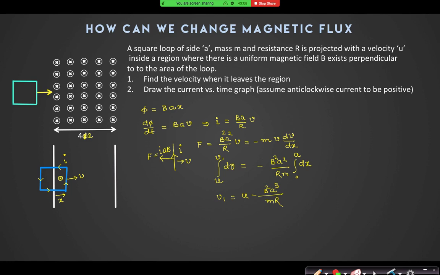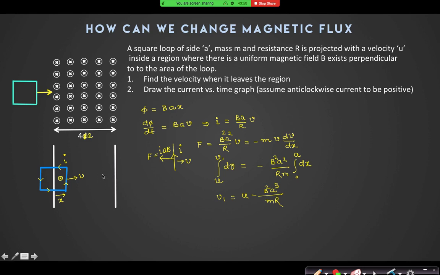Can I say this is the velocity v1? Velocity is v1 when the loop is completely inside the magnetic field. Once it is completely inside the magnetic field, till it again comes out. Sir, what was the expression F equal to minus m v dv by dx? F equal to minus m into acceleration. Acceleration is v into dv by dx. Okay. So I can say that its v1 will remain constant until this end again tries to come out of the magnetic field. Yes or no? Yes, sir.